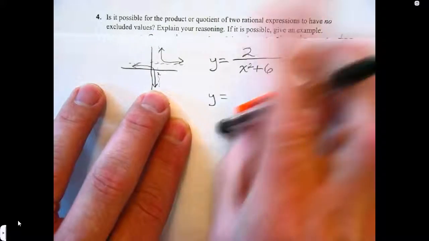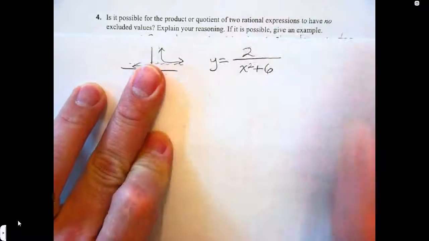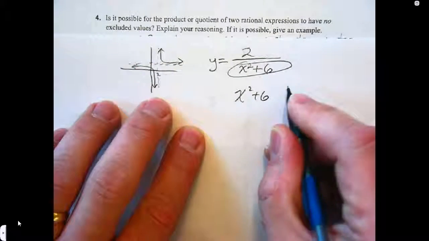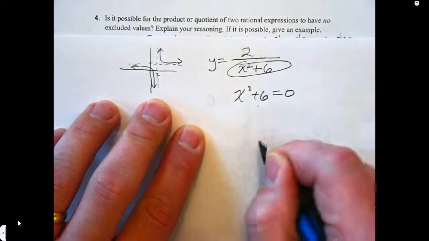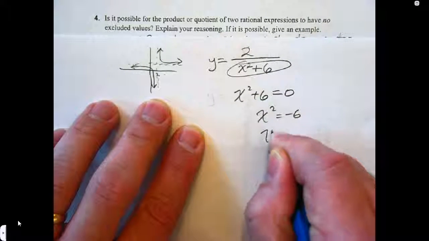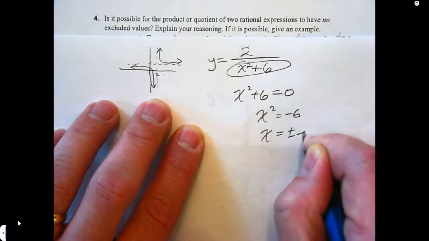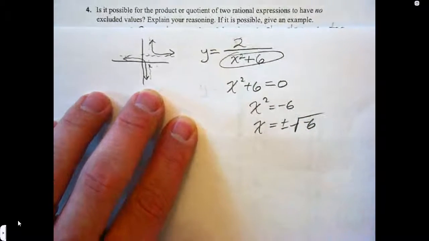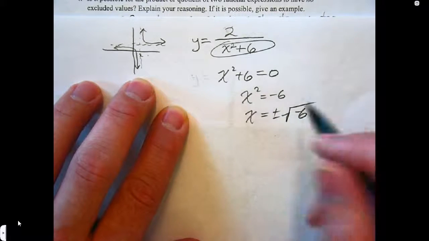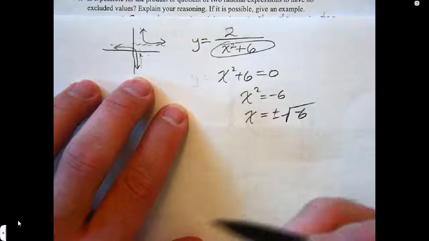Okay, now look. y equals, now actually, let's just focus on the denominator. The denominator right there is x squared plus 6, and you don't want it to equal 0. If I subtract 6 over, I get negative 6, and then I take the root, I get x is equal to plus or minus the square root of negative 6, which is an i. No, that's not what he said. He said when they're,